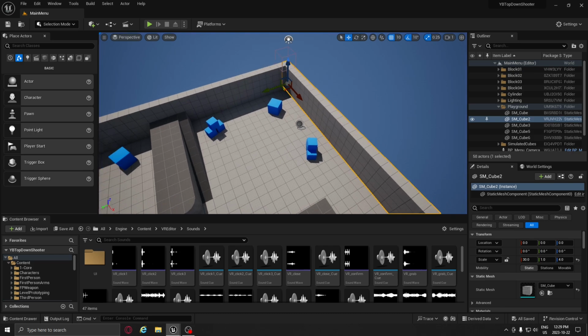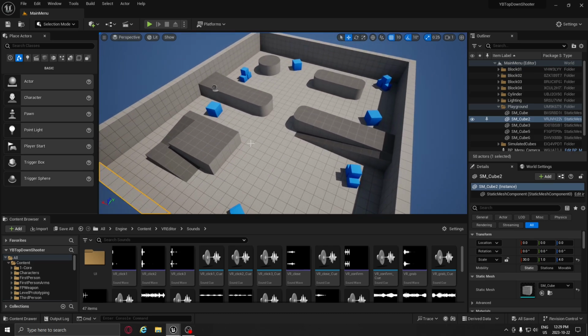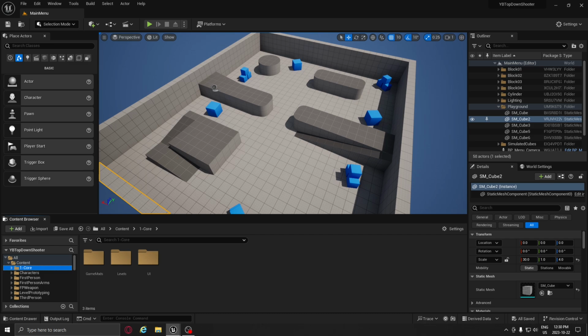So today we're going to start doing the movement for our character. We're going to do that very simply. I'm going to disregard the animation for the character because that can be complicated, but obviously you can do that on your own if you have another video for animations. I'm just going to concentrate this video on the code to make our character move with the mouse and move with a controller. First of all, we're going to go to our core folder